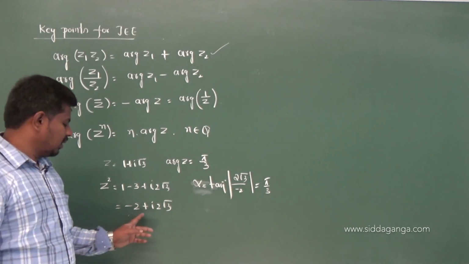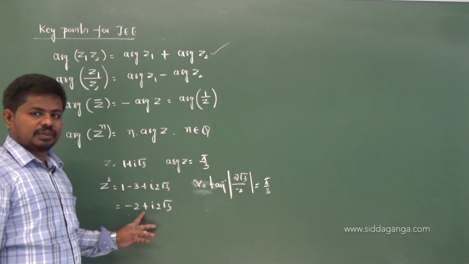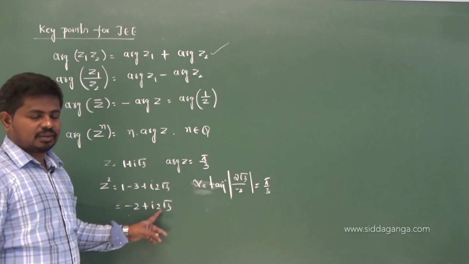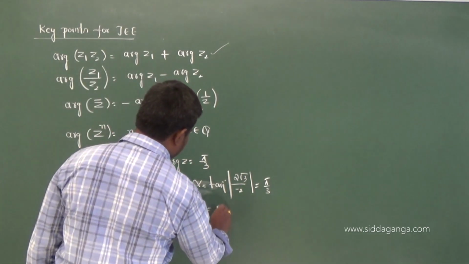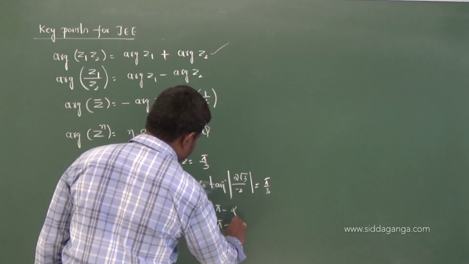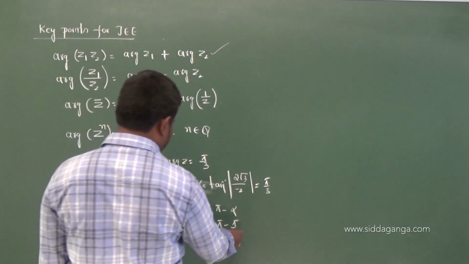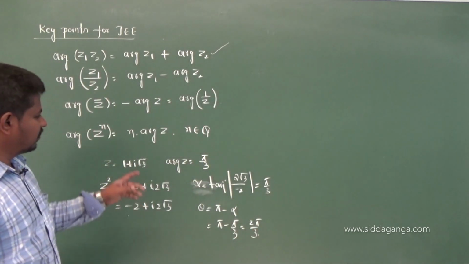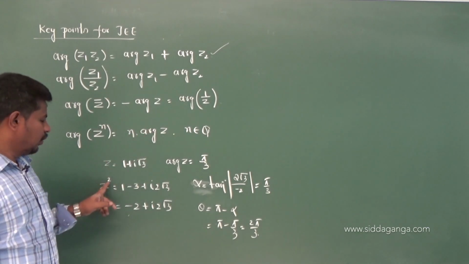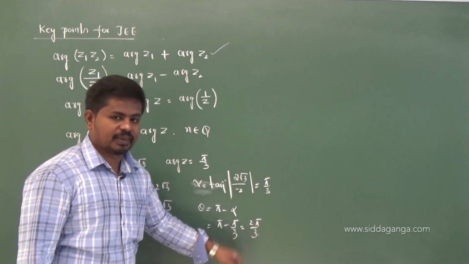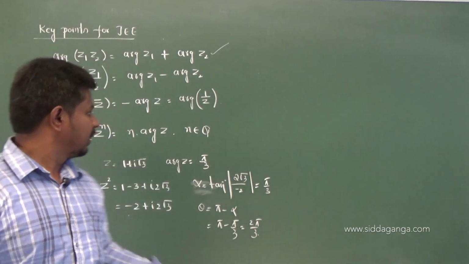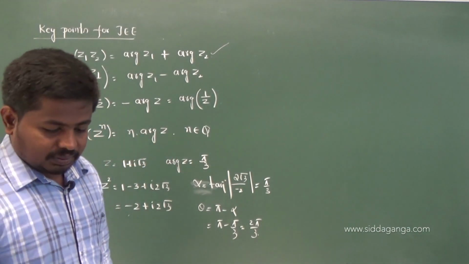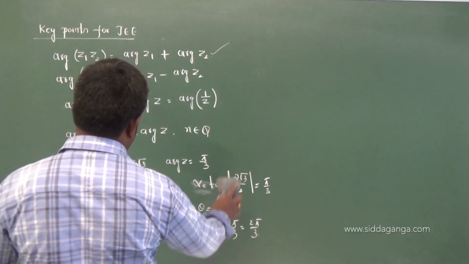But students, this complex number corresponds to what? Second quadrant, right? So the x quantity is negative, the y quantity is positive. Therefore, in the second quadrant, your argument becomes theta equal to π minus alpha. So π minus π/3 gives 3π minus π, that is 2π/3. Now you observe here, n into argument of z. n is what actually? 2. So 2 into argument of z, that is 2π/3, 2 times π/3. n times argument of z, I consider n as square. That's it. So this is also important.